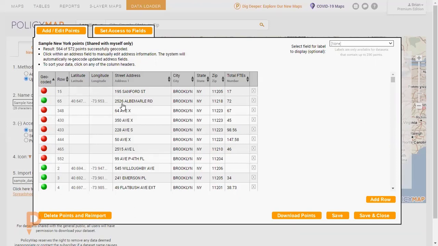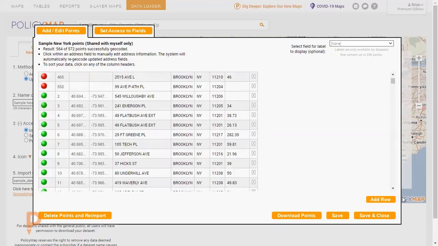And so now that I've put in that different address information, it's geocoded that one. And now it's showing a green dot. So you can make those edits on the fly. And then from here, you can either